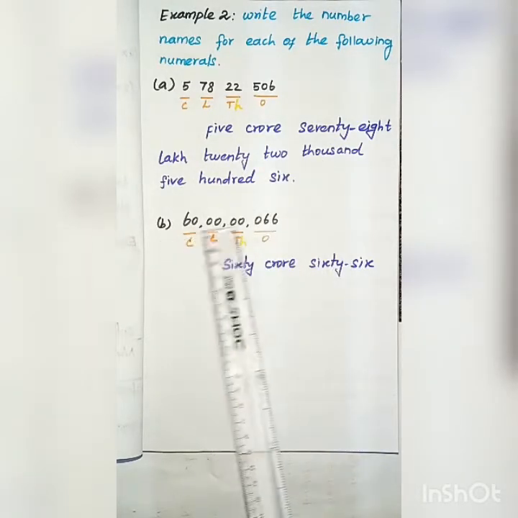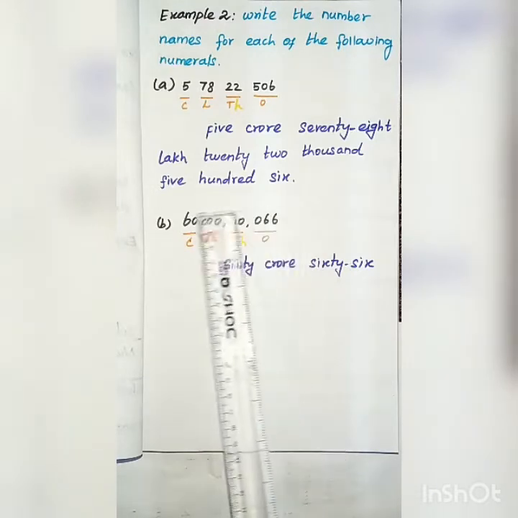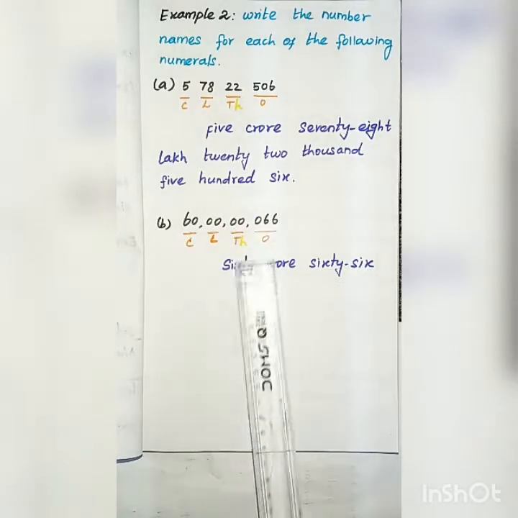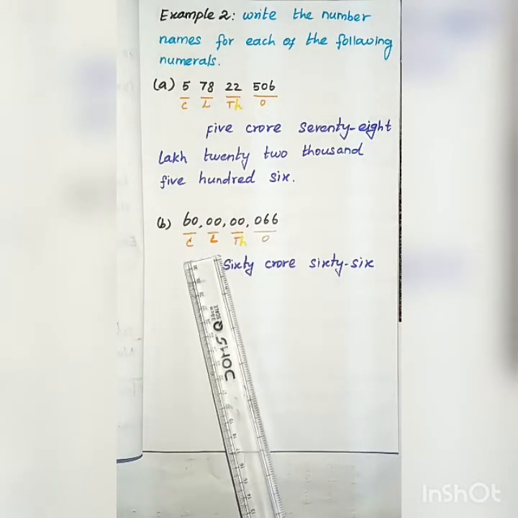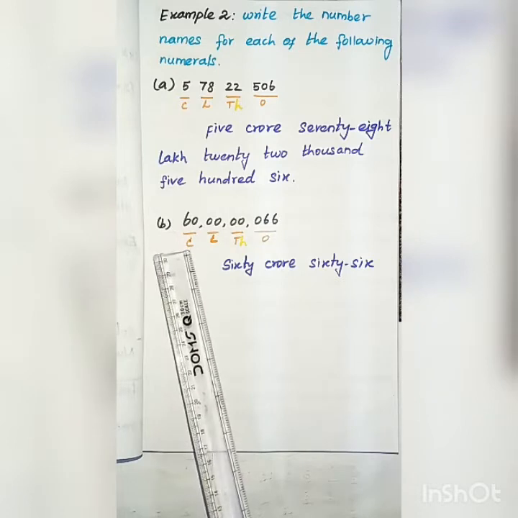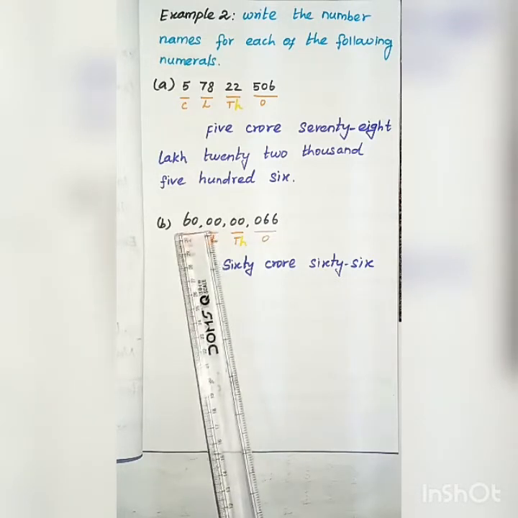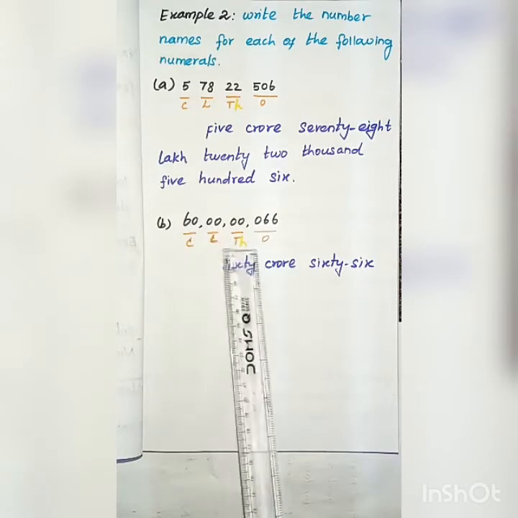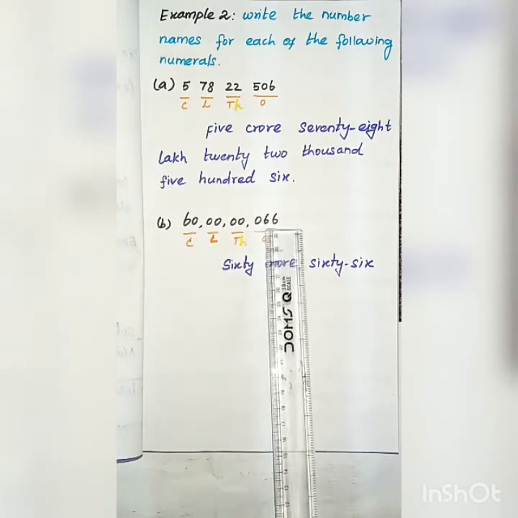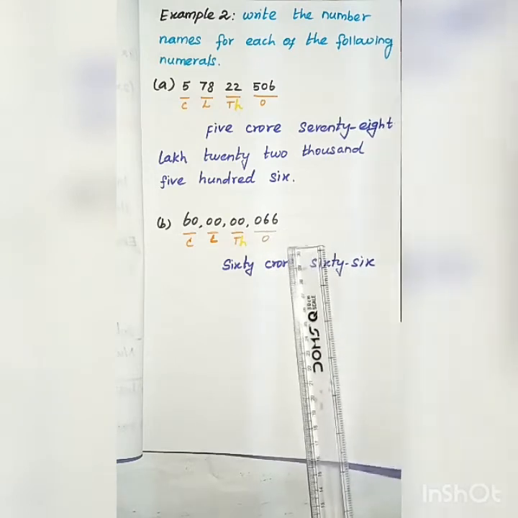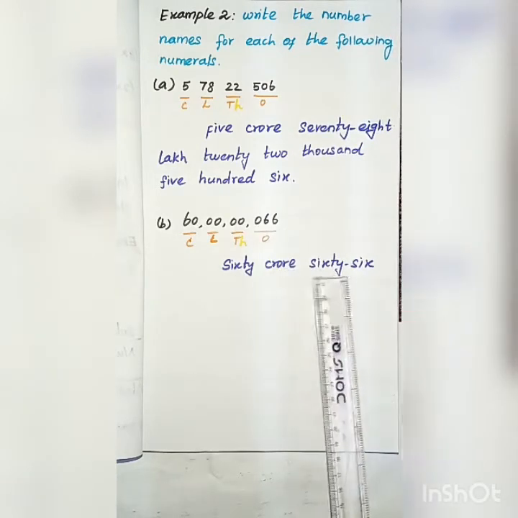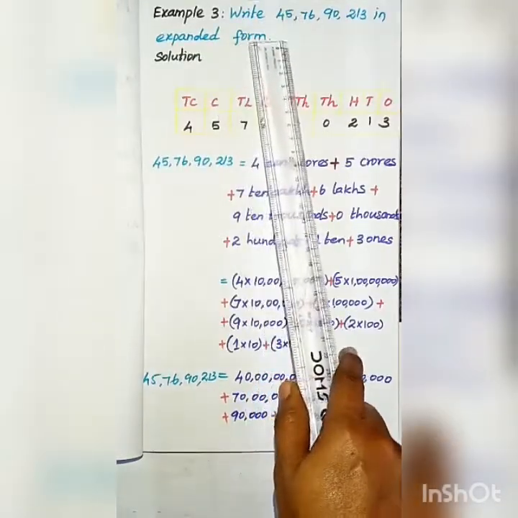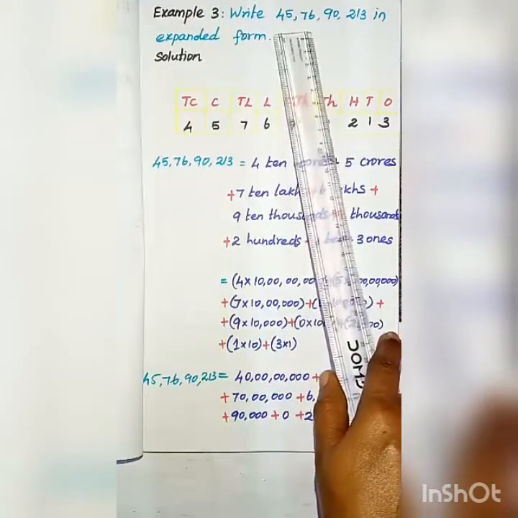Next sum, look at this. They are split by commas, following the periods of the Indian place value chart: ones, thousand, lakh, crore. So 60 crore. Here you find the lakh and thousand places are 0. So you leave these two places and move on to the next place. What are they? 66. So 60 crore, 66. Right? 45 crore, 76 lakh,